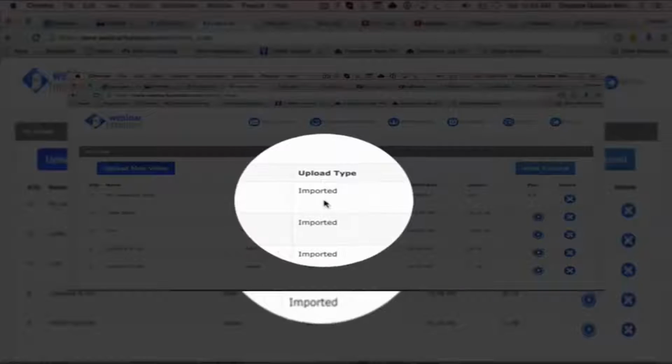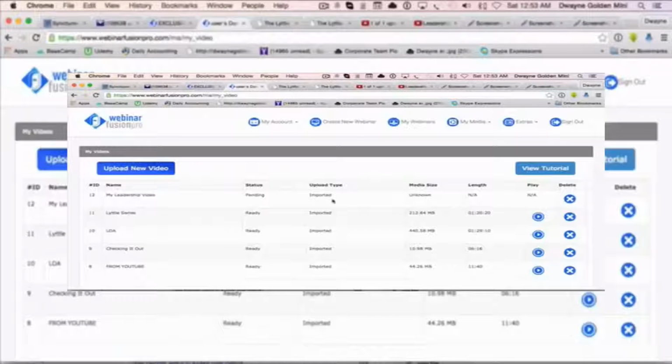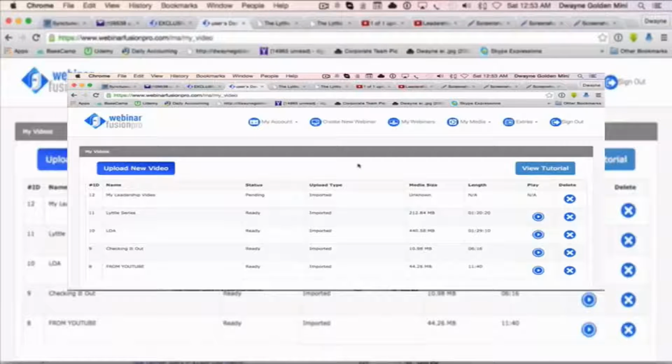It will not only import, I want you to note that it will also condense the size and convert it to the right format, and then upload it to our cloud so that it can be ready to play for you and for your audience in your webinar. That's it. The power of Infinity Technology. It's nothing extra you're going to have to keep paying for every month. This is the real deal. It's a part of this system.